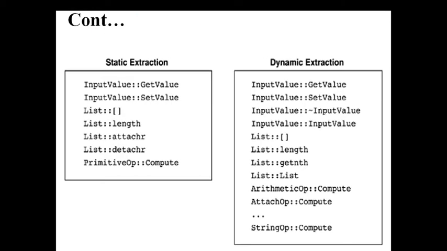This is the picture which concludes the fusion. What the picture conveys is, if you observe here, this is the static information, meaning it will not change at any cost. Input value is going to be used by get value, input value is going to be used by set value. A list we declare as empty, we give the length of the list, we attach some characters or delete some characters, adding, some primitive operations we want to perform for the function called compute.